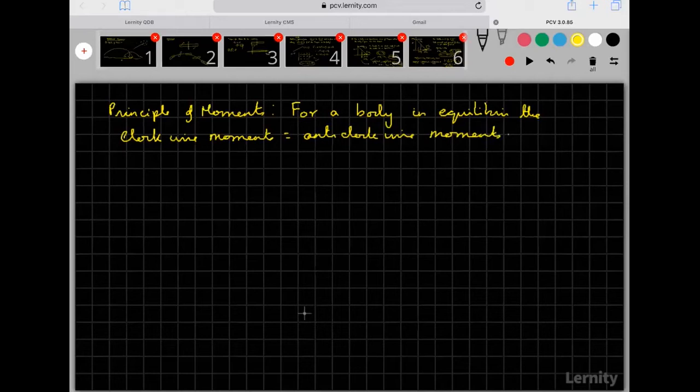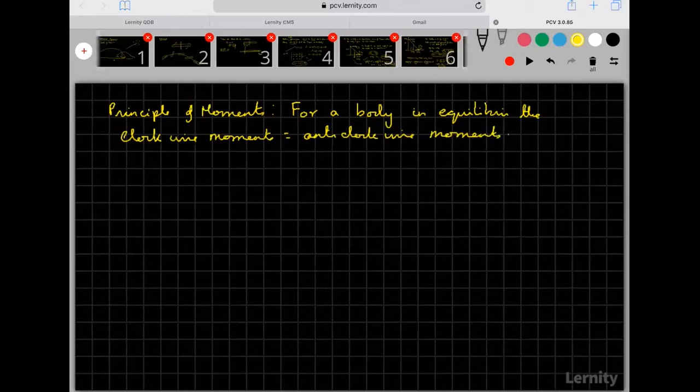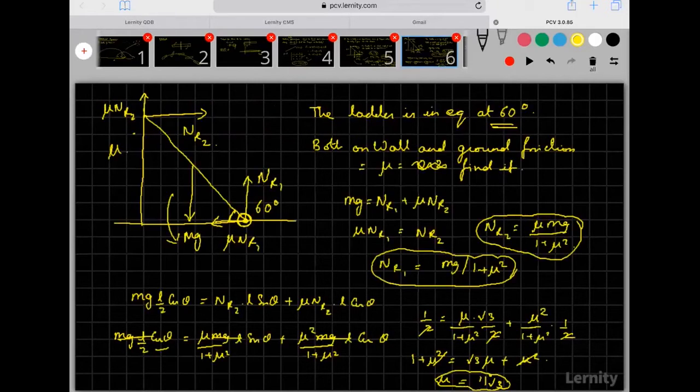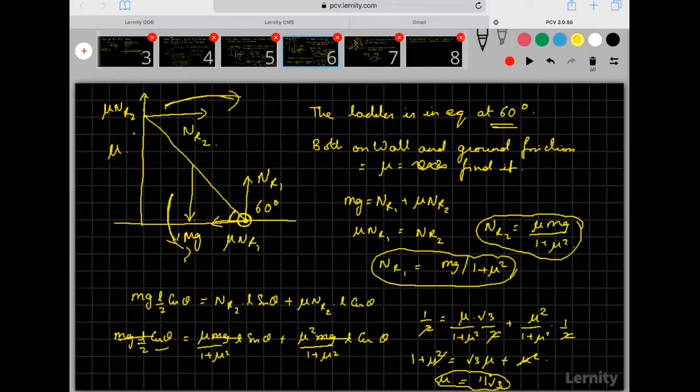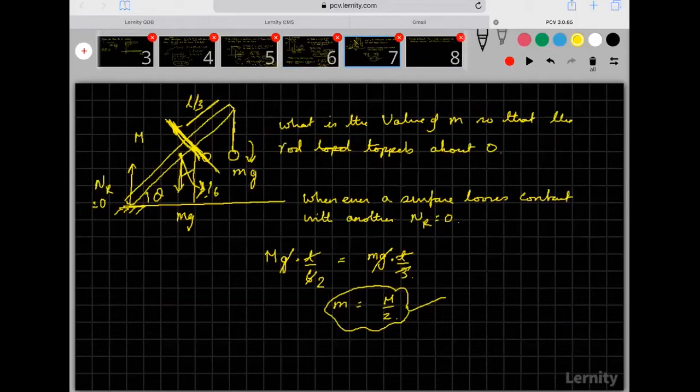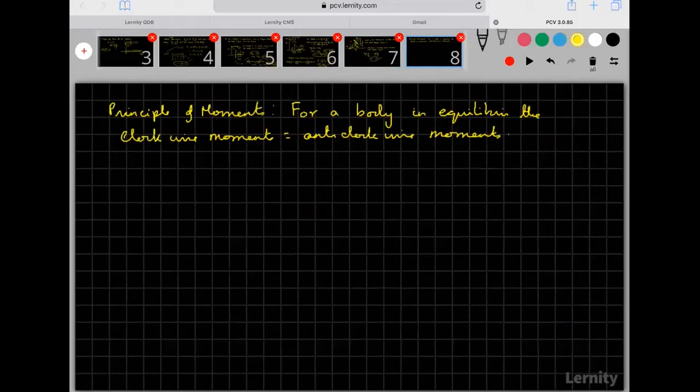Now I'll give you a question based on this. This is the logic that we have applied in all these questions. We are finding out the clockwise moments. So this force will give the clockwise moments. These forces were giving the clockwise moments, and this is the anti-clockwise moments. In the latest question that we were working here also, this is giving the clockwise moment here. This is giving the anti-clockwise moment. So in all these questions on equilibrium, we are just trying to use that the clockwise moments is equal to anti-clockwise moments.